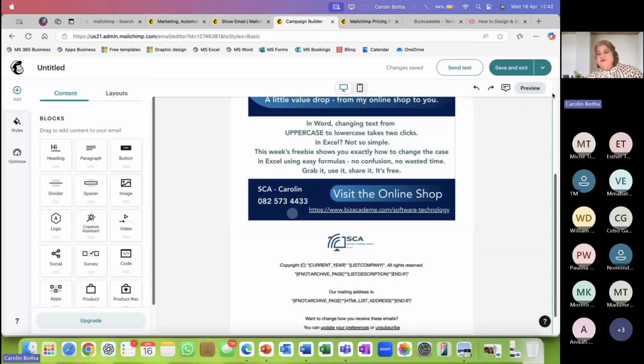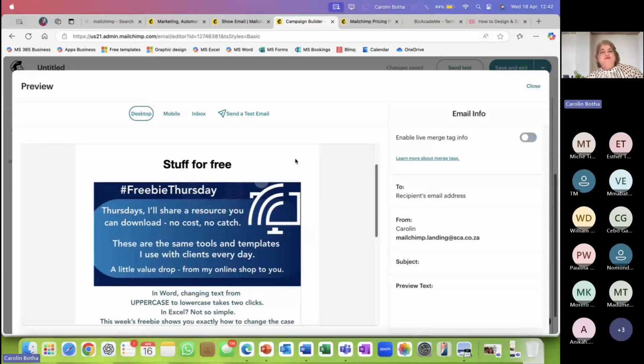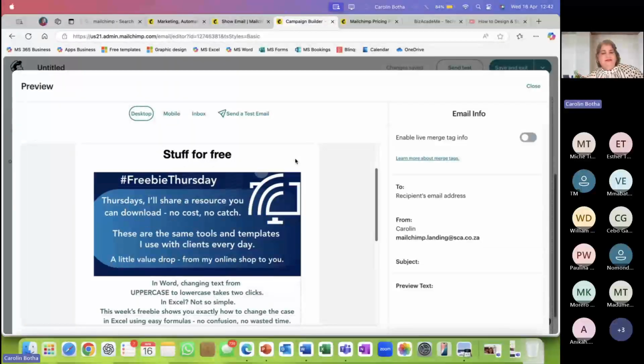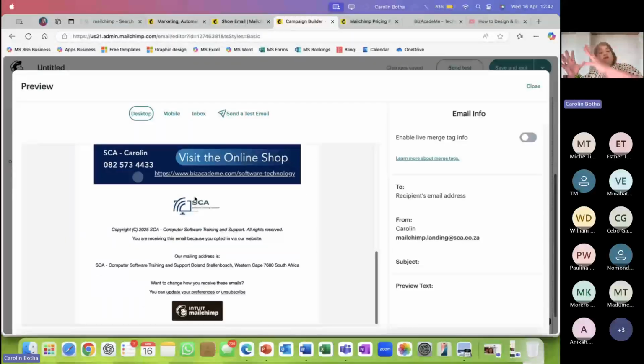But let's just go and do a preview quick. I don't think this looks bad at all. Stuff for free, maybe not a good heading, but in any case, here it is. So why would I bring my Canva design into MailChimp? Because I want to take my audience, all my contacts, and merge the two. It's one click. I'll show you right at the end, and it will send out this campaign as it is, what you see now, to all the people in your contacts list.